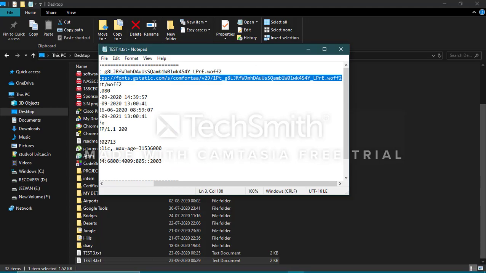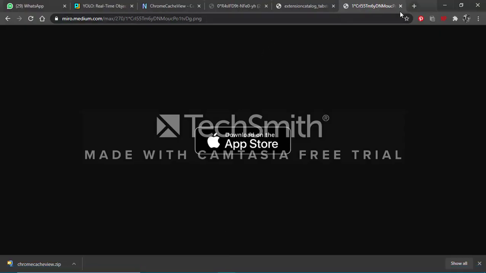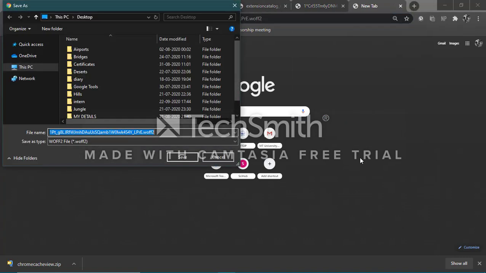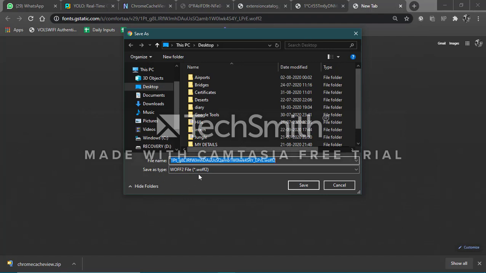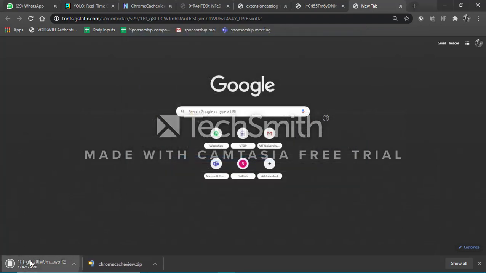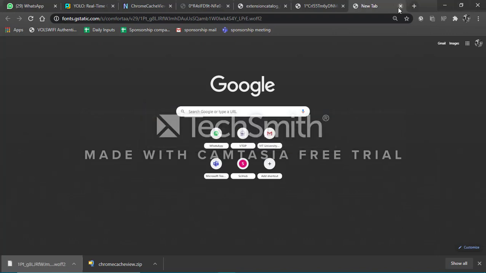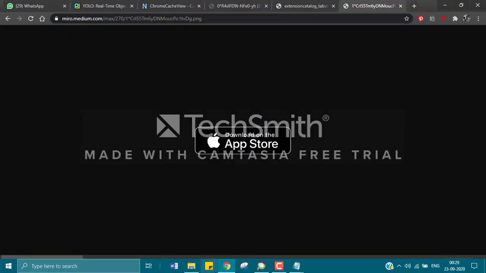Just copy this one, and we will paste it in another tab. Since this file is in this extension, I really don't know what this extension means. So it will get saved in this manner. Let's save it and open it also. I don't think it will open because we don't have an appropriate tool to open it. So just leave this one.